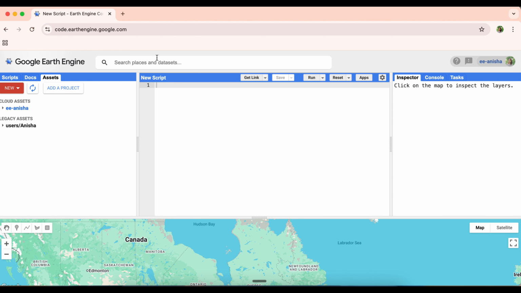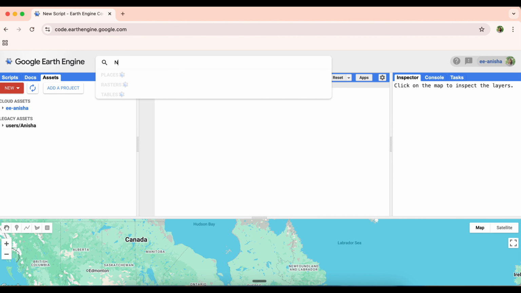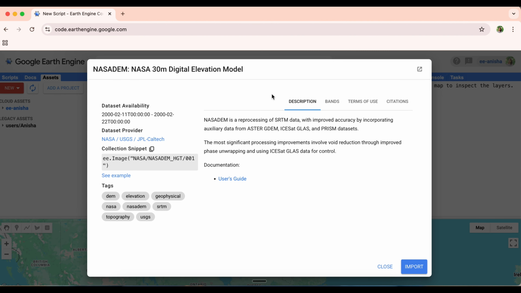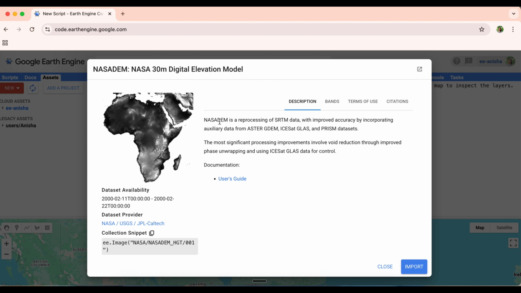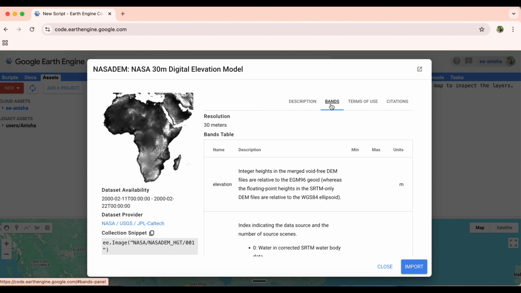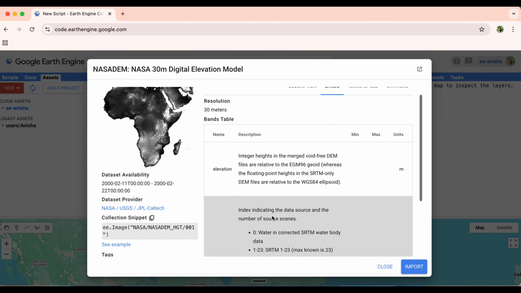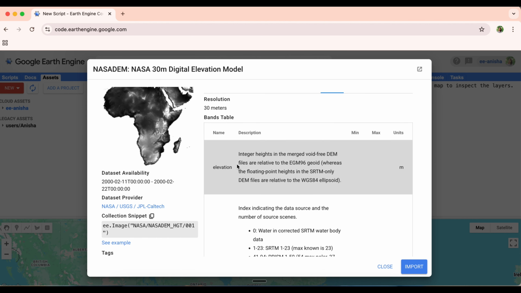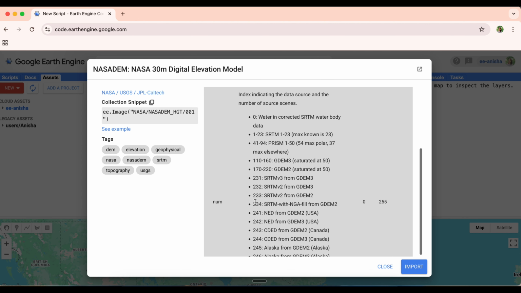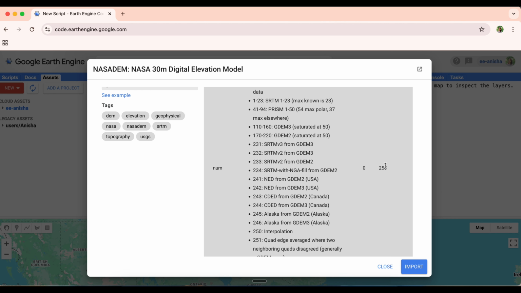As an example for image, I am using Digital Elevation Model from NASA. NASA DEM is an improved version of original SRTM DEM. Here, you can also find the description of your dataset. Under band section, you can find actual data that your dataset holds. Here, you can also find the resolution of your dataset, and you can find the name of a band, their